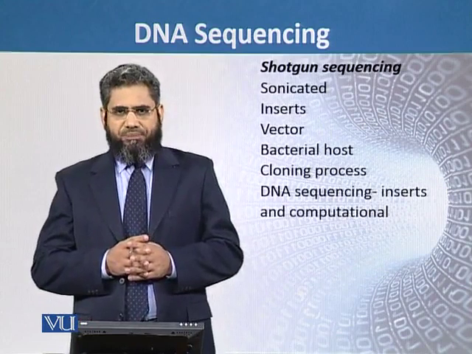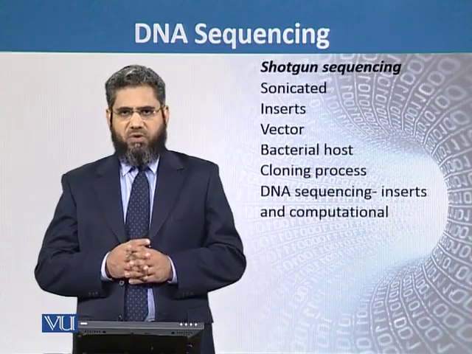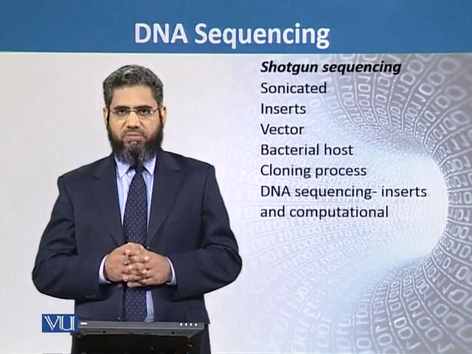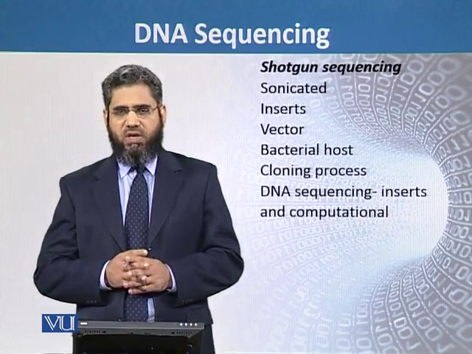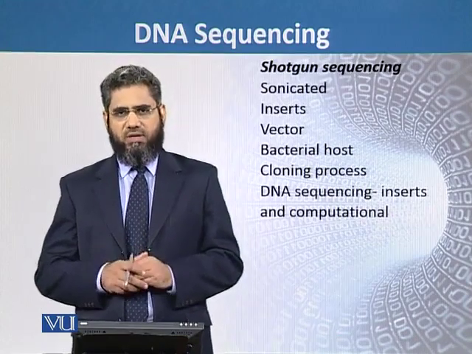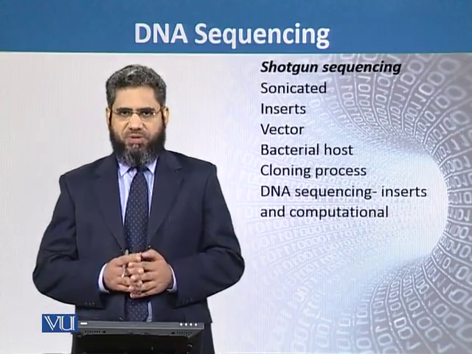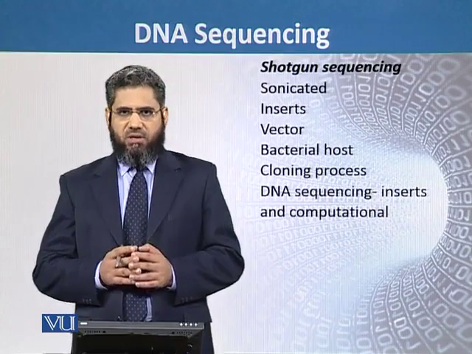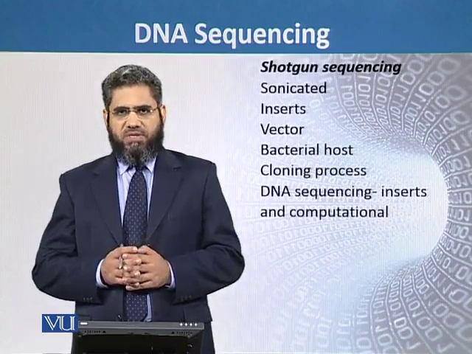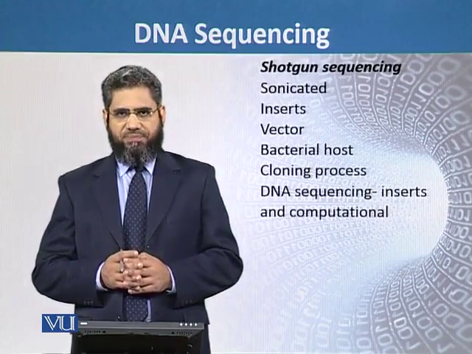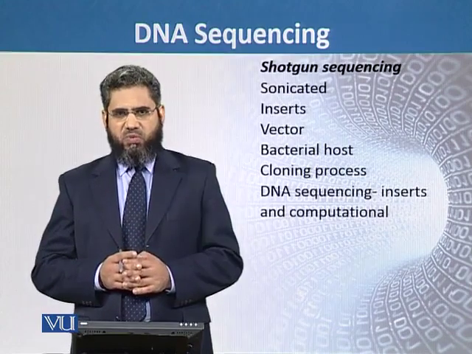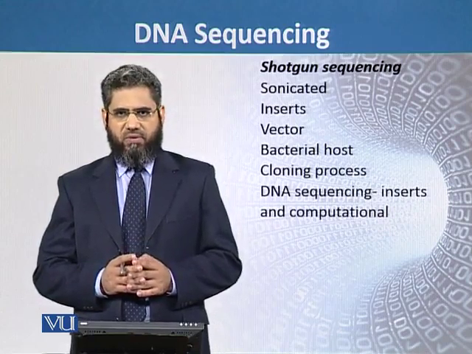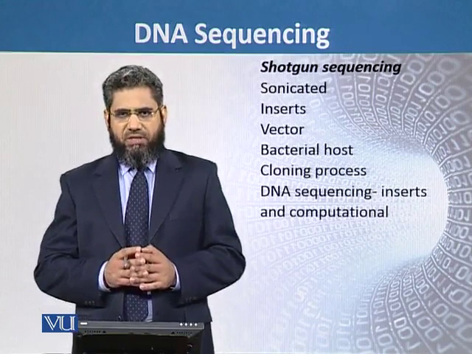Then, 20 years after the Human Genome Project was completed, new techniques were developed, and one of those was shotgun sequencing. That process was used when a huge amount of DNA sequencing had to be performed. In this technique, the DNA from the genome is broken down into small pieces by the technique of sonication. After the breakdown into small pieces, the sizes corresponding to 500 to 700 nucleotides are separated, and they are then